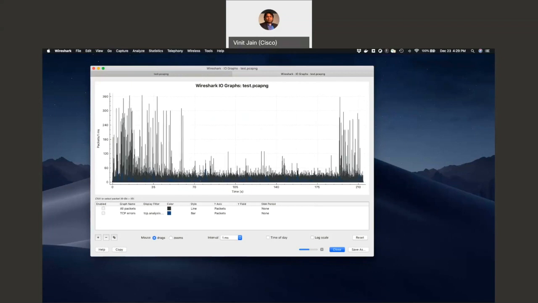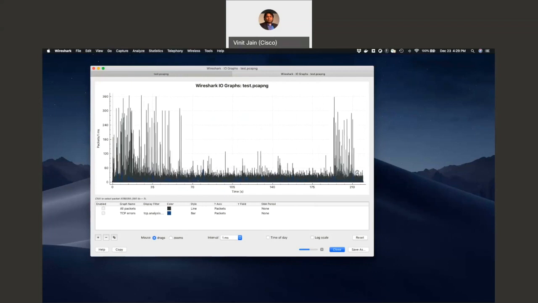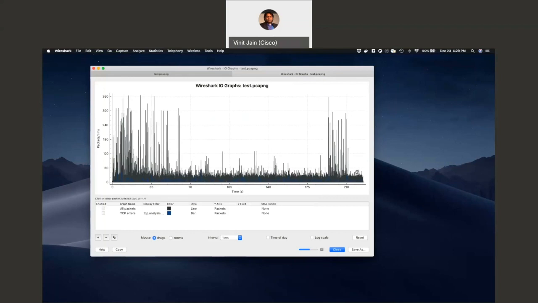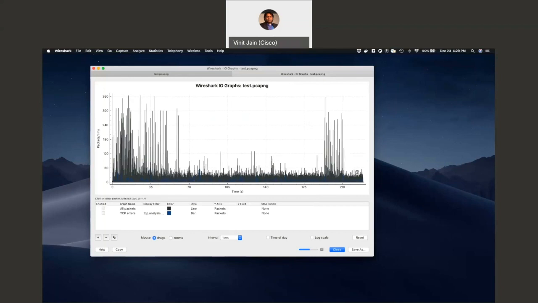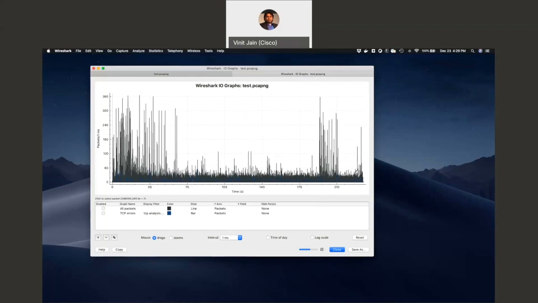And then it was a low rate of traffic for some time, and then it spiked again. So this also gives you a pattern on the network of what is really happening. When you're troubleshooting bursty traffic issues, you might also want to consider what time of the day the problem is happening. If it's happening during night hours or during production hours, or any other time of the day, you might want to consider that before getting on to, because